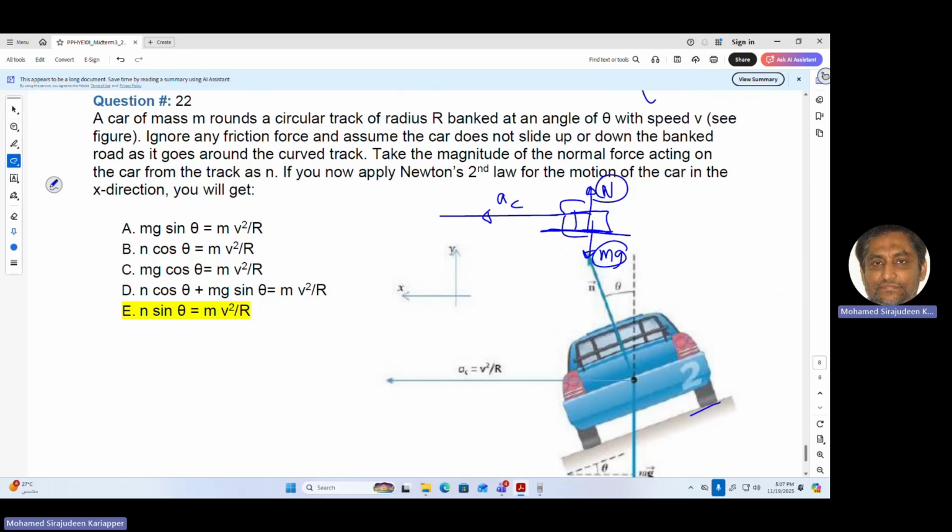But cars do take turns, right? Don't you drive a car and take a circular path? It's possible. How? The N force cannot do it. The mg force cannot do it. What is the force that is supplying it? Between the tires of the car and the road, there is a friction force, the static friction actually. So the only reason we can do this curve is because there is friction between the tires and the road that